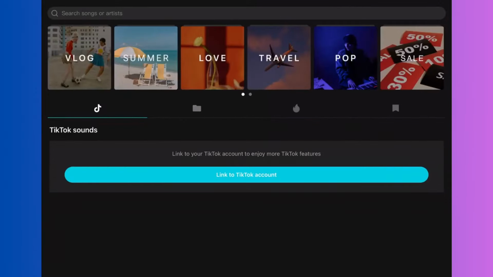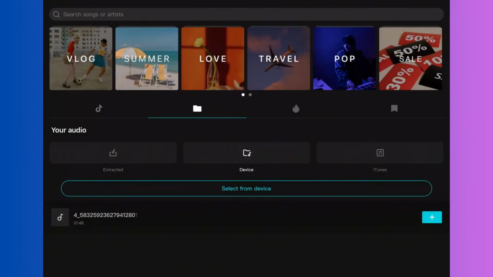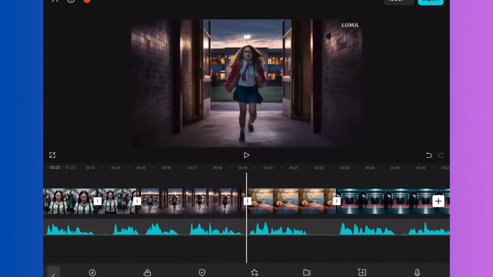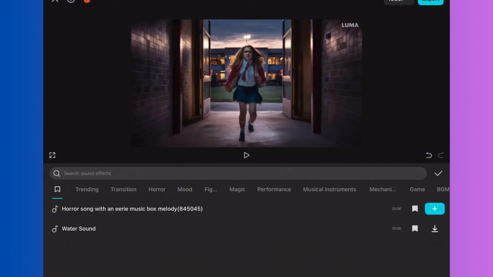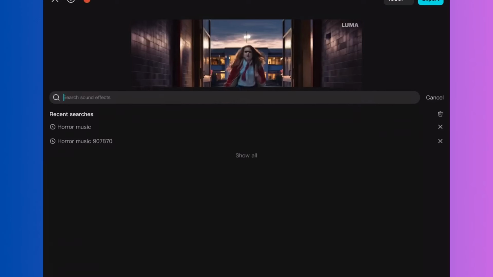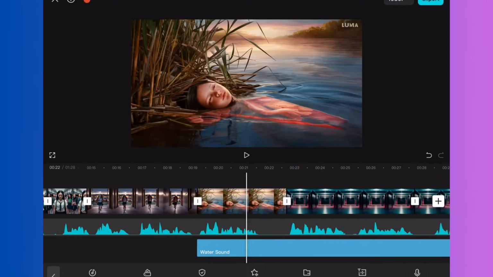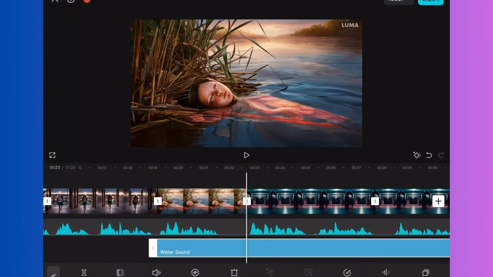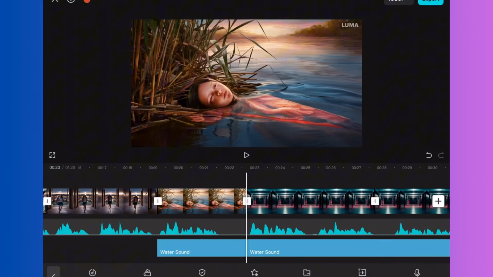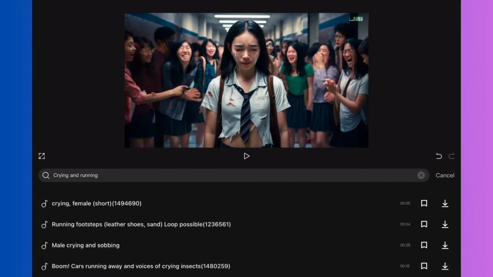Next, we'll use CapCut library to find fitting audio and sound effects to enhance our film. Please don't underestimate the power of sound effects, so ensure to use them wherever necessary. We have a river scene here, so we'll go ahead and use water sound. Please always remember to reduce the volume of your sound effects so it won't clash with your voiceover. You always want your voiceover to come out on top, above whatever sound effect or audio you have attached